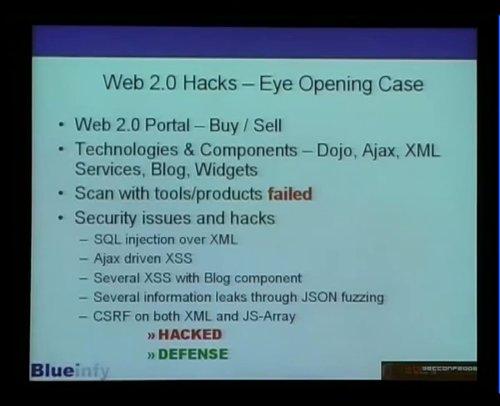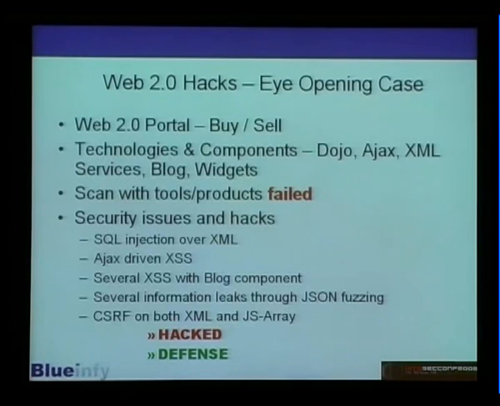No vulnerability was found. No resources were captured, and there are so many resources in this particular application, but none of them was discovered by these scanners. So we did manual testing as usual and started to discover a lot of different vulnerabilities in the application. All these vulnerabilities are quite unique compared with the traditional way of scanning your application. Some of the vulnerabilities which we discovered are SQL injection over an XML pipe or a JSON pipe,